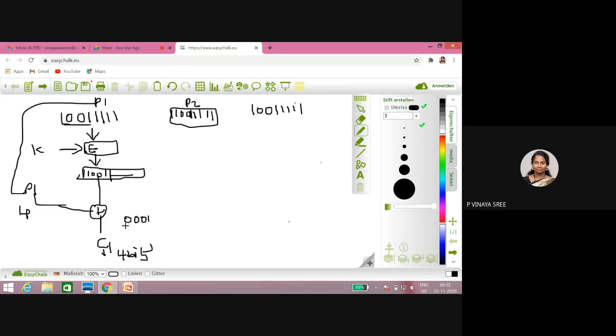In order to fit these bits, we have to shift 4 bits. This 4 bits we need to shift, meaning 1 0 0 1 we have to remove. So finally these 4 bits will come in this position, 1 1 1 1, and the new bits will occupy here, 0 0 0 1.